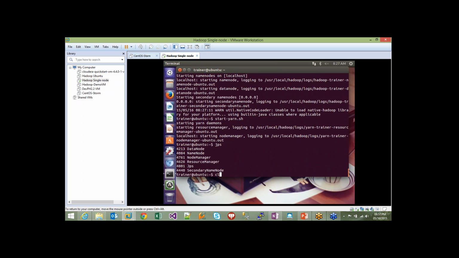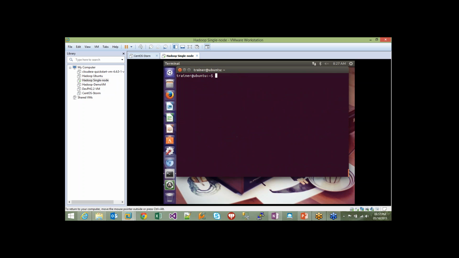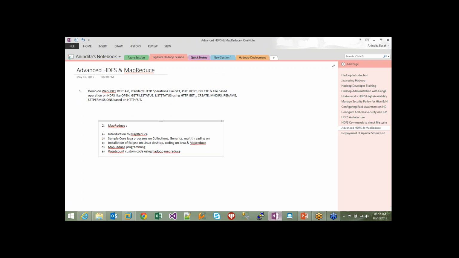Right, all of my services are running, the Hadoop services. So before starting WebHDFS, there are some points about WebHDFS. Hadoop provides basically a native Java API to support